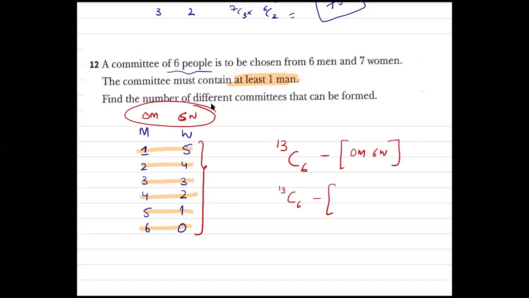So if I subtract this possibility from 13C6, I'm going to get all of this answer in one go. So 6C0 into 7C6. So 13C6 minus